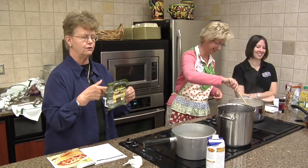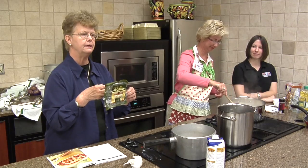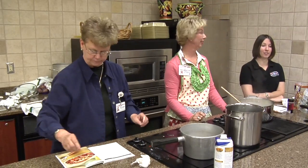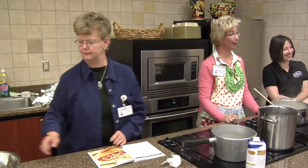And I think there's another flavor that has maple syrup in it that would probably be good for breakfast sausage. I'm thinking that's one to try right there. So,